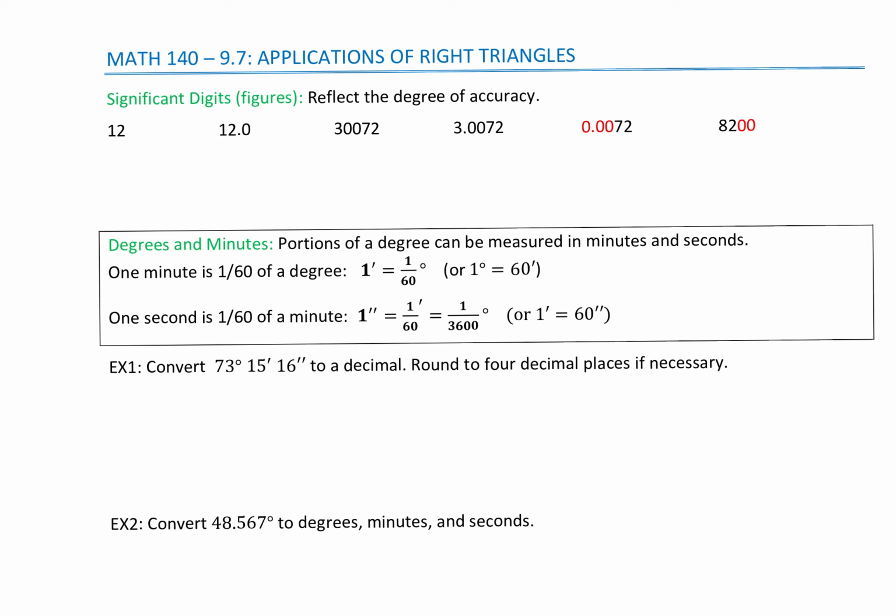That's typically used in science courses, and it reflects the degree of accuracy. So basically what you want to pay attention to when you have digits is the decimal and the zeros. In this first number, 12, you see that 12 has no decimal, no zeros. So the 1 and the 2, those are significant figures, and this has 2